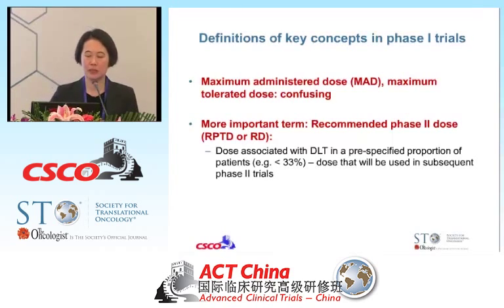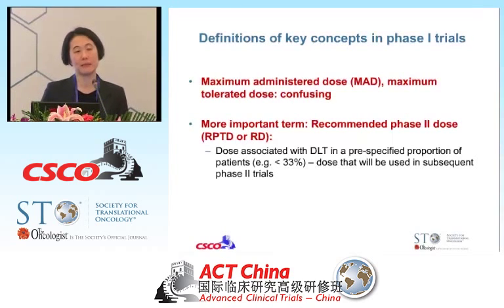Key concepts, I've already alluded to this. So MTD, MAD, maximum administered dose is obviously the highest administered dose, which may or may not be your MTD. MTD is a bit confusing depending on where in the world you are, and recommended phase 2 dose to me is probably the clearest in terms of definition of your achieving a dose that you're happy with to take to phase 2. And generally that is defined based on the DLT because you want to have a dose that is associated with a certain percentage of toxicity, given the fact that most drugs, in terms of cytotoxics at least, the higher dose you get, you will get some toxicity, and that becomes a surrogate of your activity.